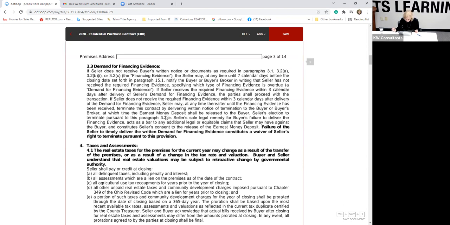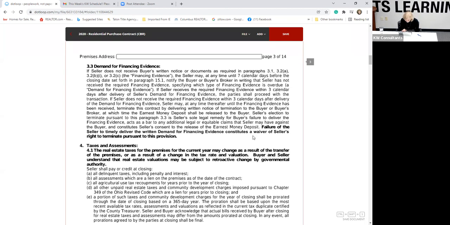Demand for financing evidence. It just says if the seller doesn't have the written notice from the buyer that they have all of their paperwork in for the financing. Again, buyer beware,